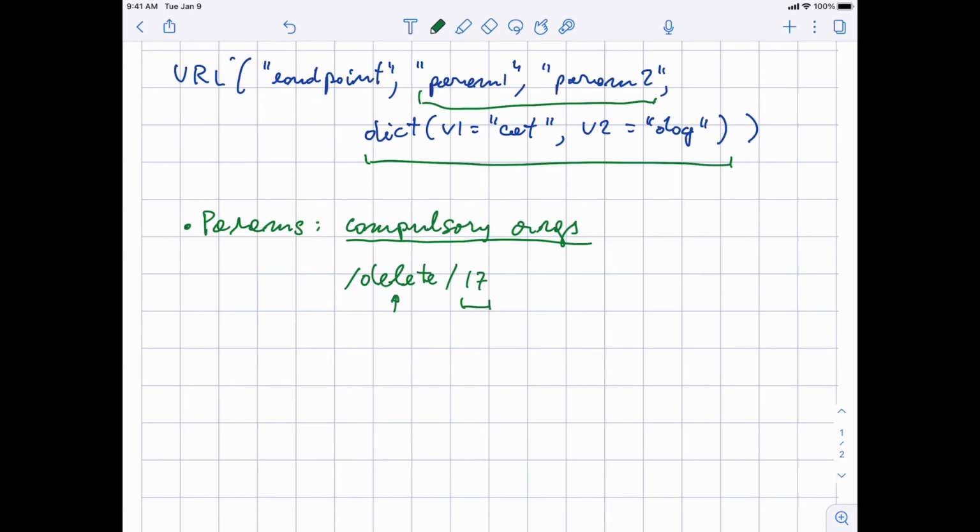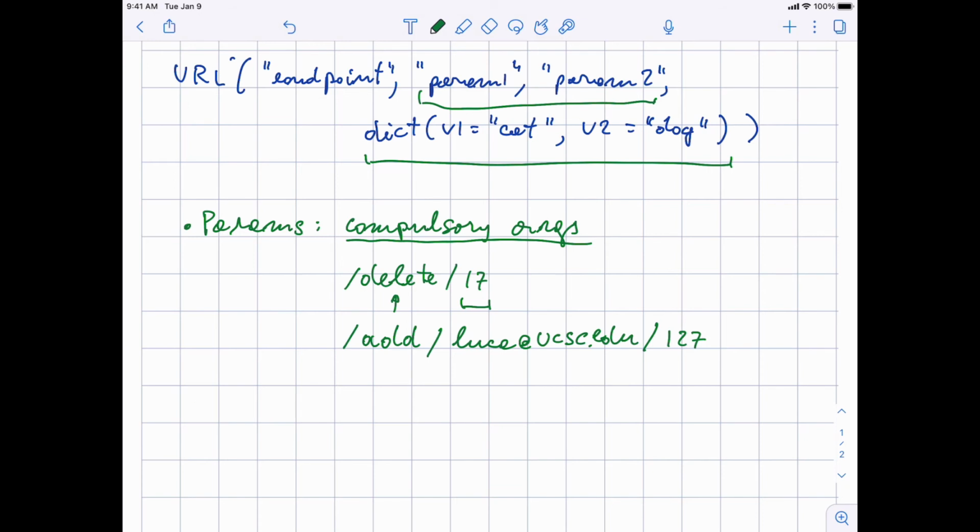And similar cases you can see, for example, add slash luca at ucsc.edu, if you want to add a user to a permission list, right? You want to say which user, okay? And maybe perhaps even the ID of the permission list itself. So these compulsory arguments you want to be part of the path typically.